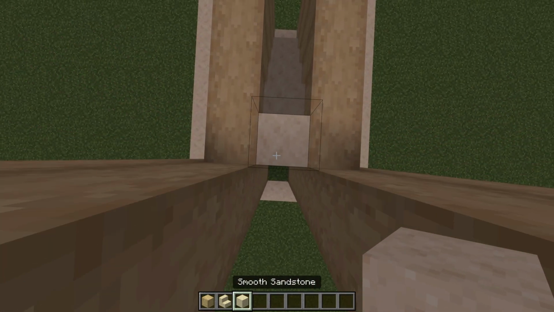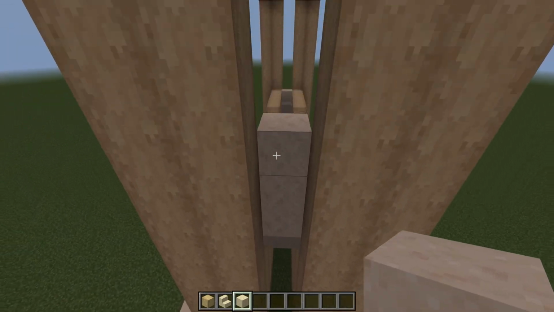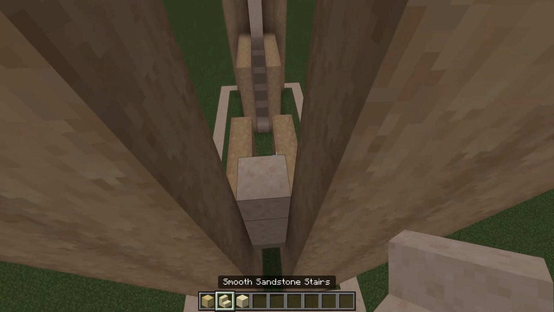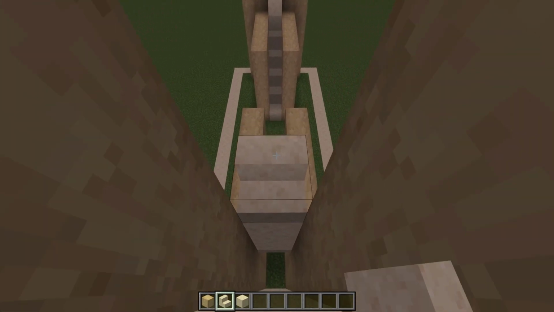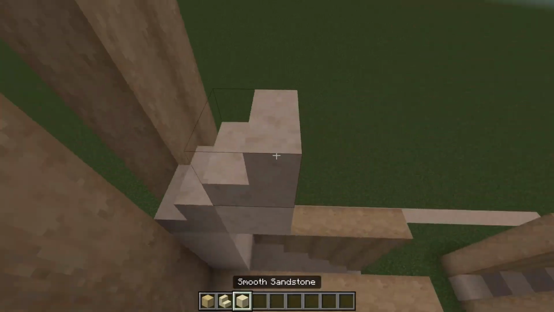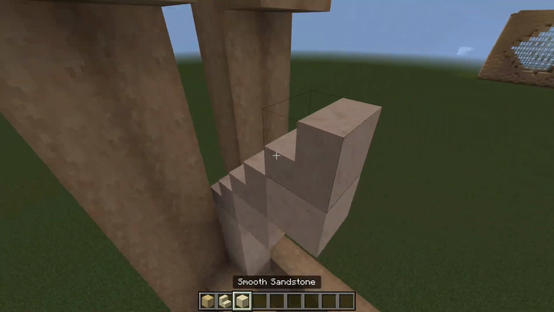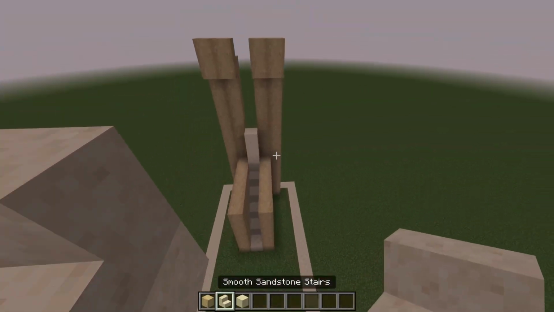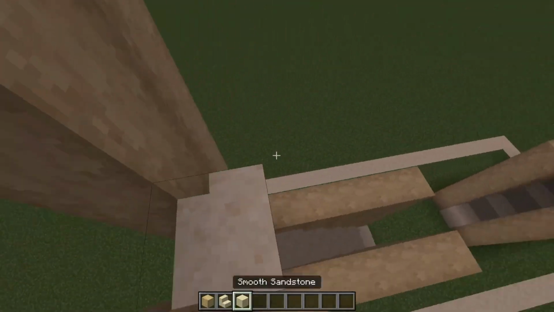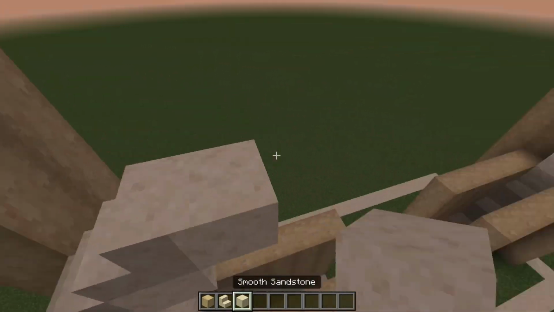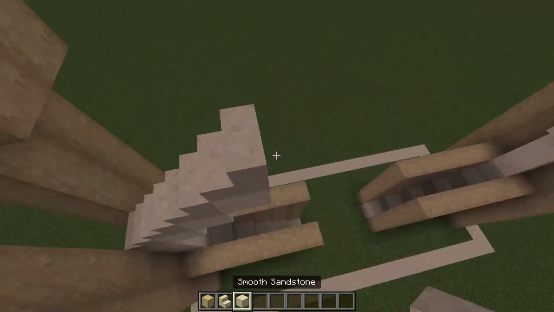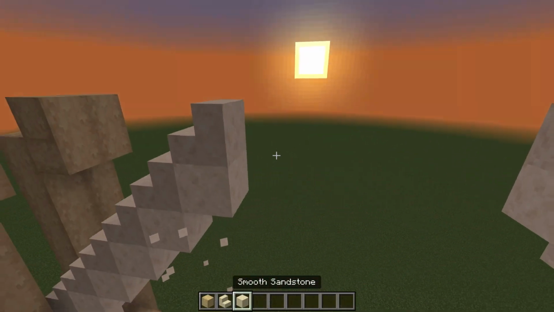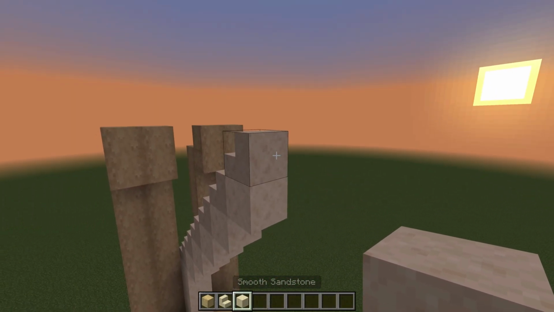We're going to take ourselves smooth sandstone for 3 blocks in here, and then after we've done this on both sides, we're going to go back up with our smooth sandstone stairs for another 6. 1, 2, 3, 4, 5, and 6, and again this way. 1, 2, 3, 4, 5, and 6. And you can see it's starting to make a diamond shape with these stairs, which